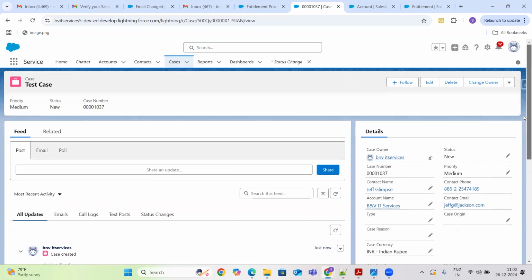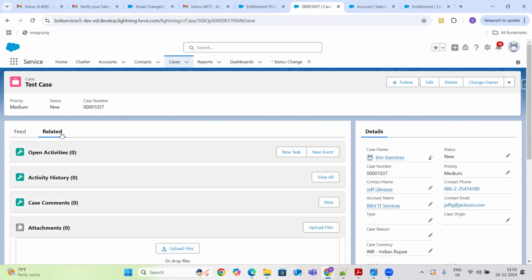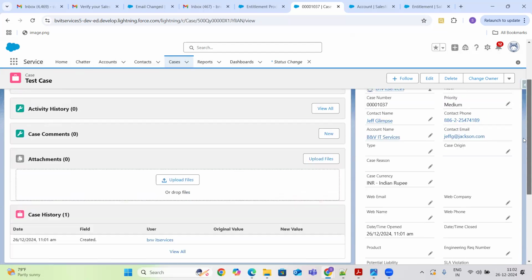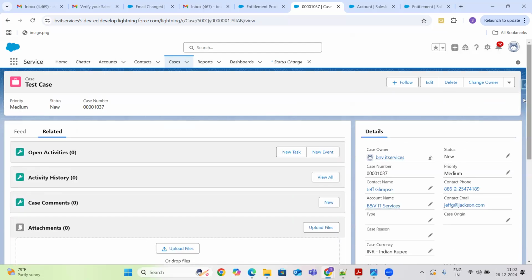This is the one. So again, my milestones is not added up here, guys. Okay, that's the reason you are not able to see your milestones here.